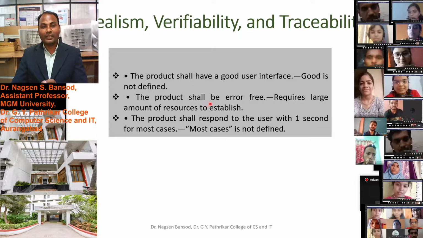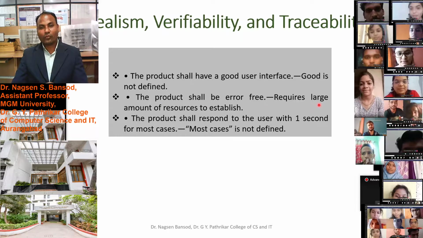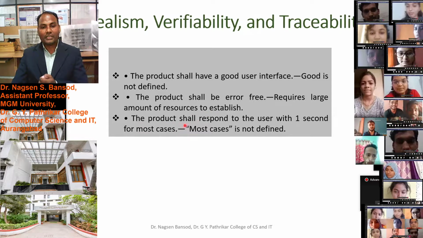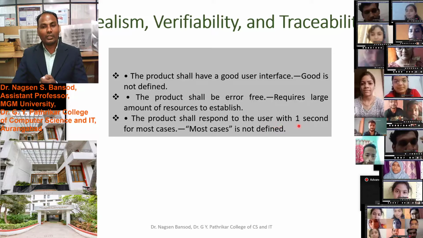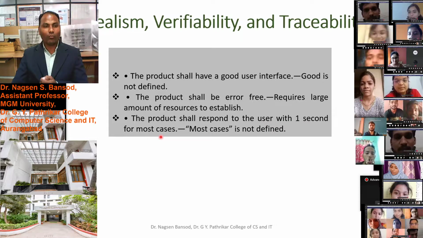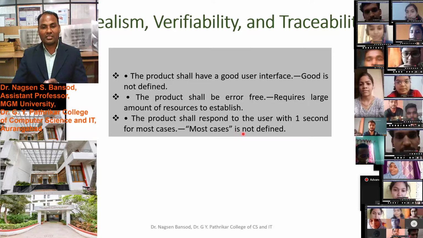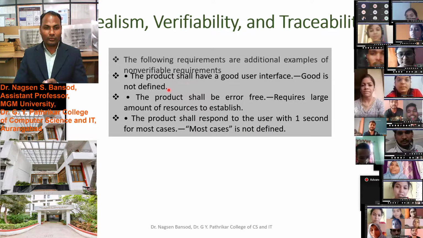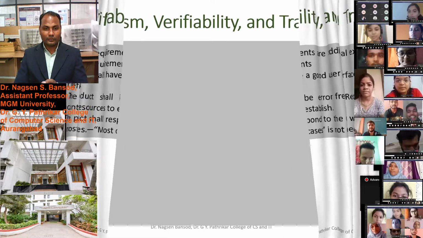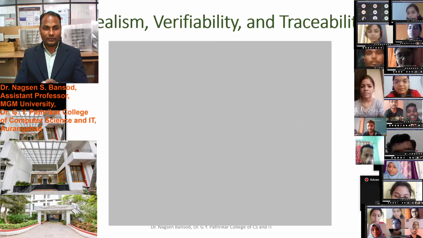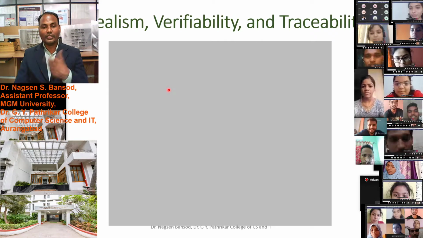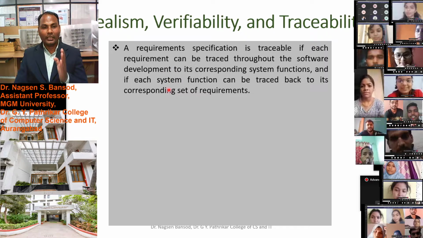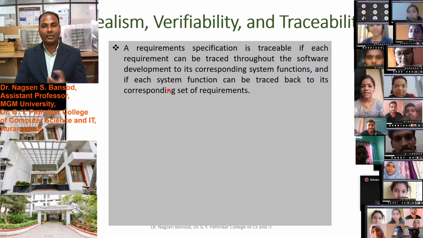The product shall be error free: requires a large amount of resources to establish. The product shall respond to the user within 1 second: for most cases is not defined. So we have to define all this: what is good, what is a fast response. All this should be in the software.